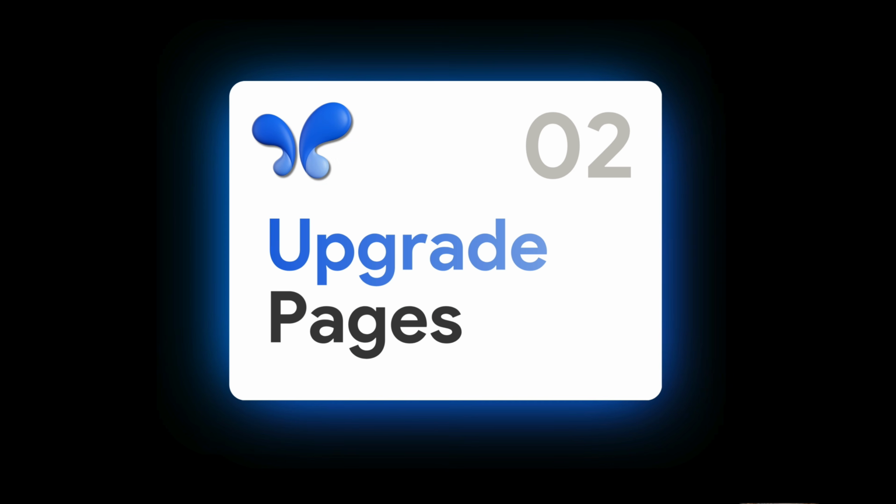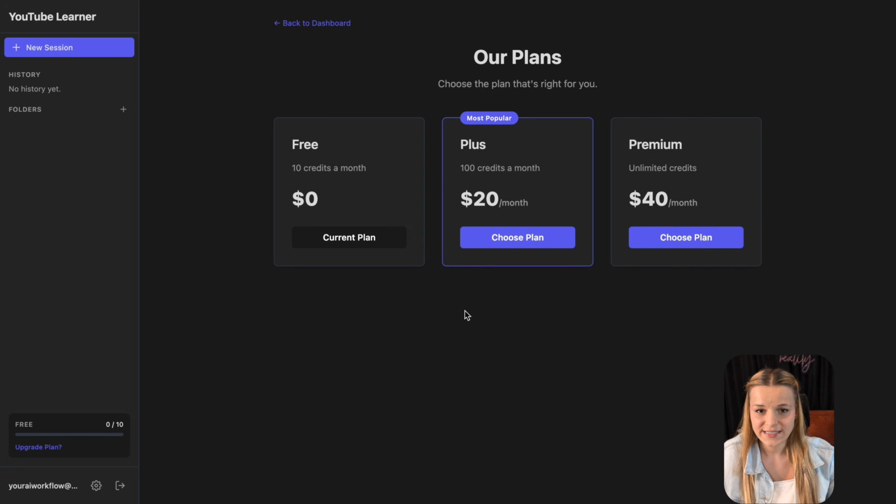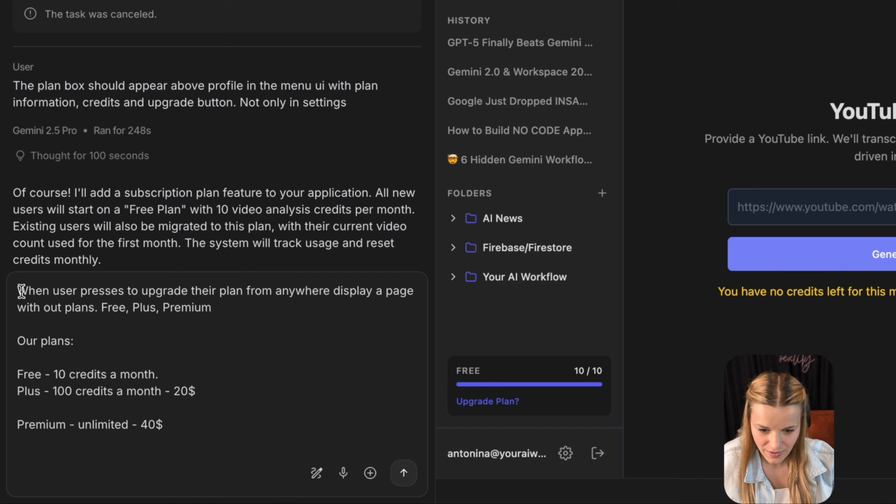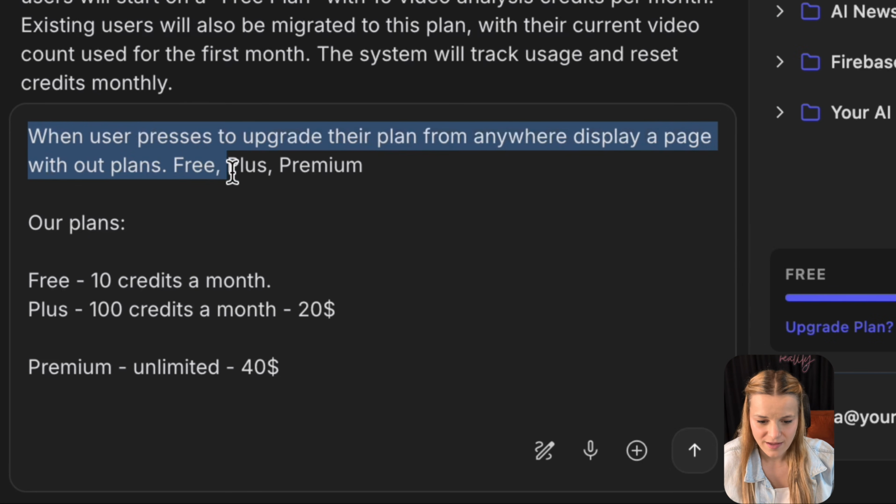Now, once our user presses upgrade plan, let's create a plans page where users can view our pricing and click to choose a plan. And once they do it, we'll display some plan information and a continue to payment button that will lead them directly to PayPal. So in Google AI Studio, I'm just going to say when a user presses upgrade plan